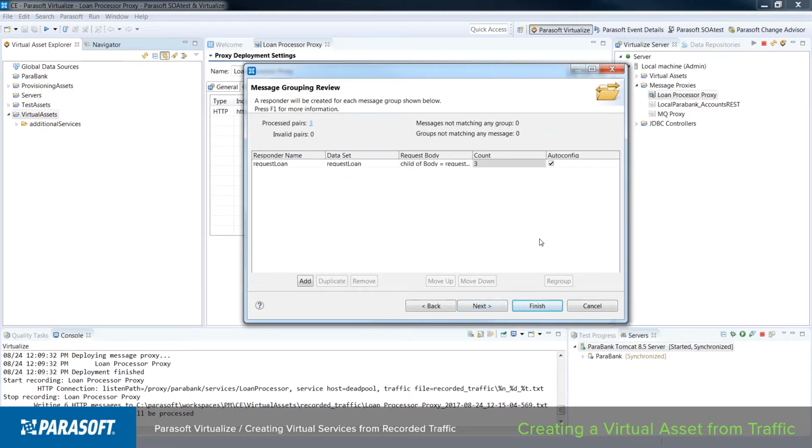And here are the results of that analysis, or the grouping. It said of all the 6 messages, 3 of them were paired together, and that the operation type was request loan, and that it's going to go ahead and auto-configure my services for it. I'm going to let it do the auto-configure, but uncheck that just so we can see exactly